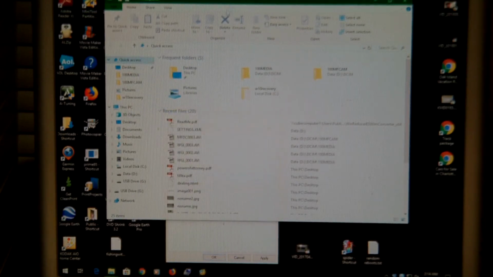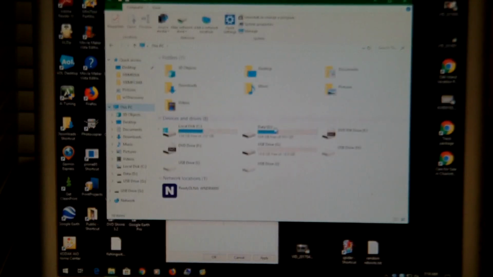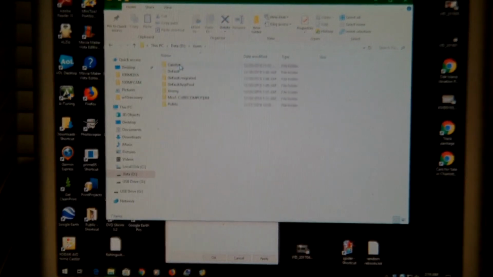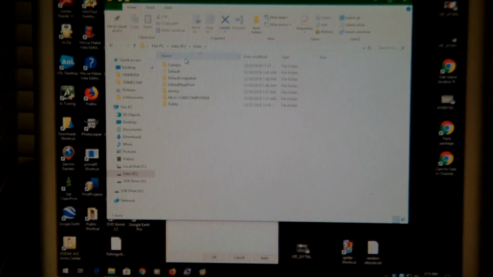If we look back in Explorer, there's the C drive, which is the solid state drive. Here's the data drive, which is the D drive. And here's the users folder, and when I backed up the files, I pasted them back into this drive. I completely deleted all partitions, started with a fresh new partition, and then restored these folders right here. I have to do this for all the user accounts, of which there are 2, so there's more stuff in here, but I have to do it for both this account and this account. So anyways,